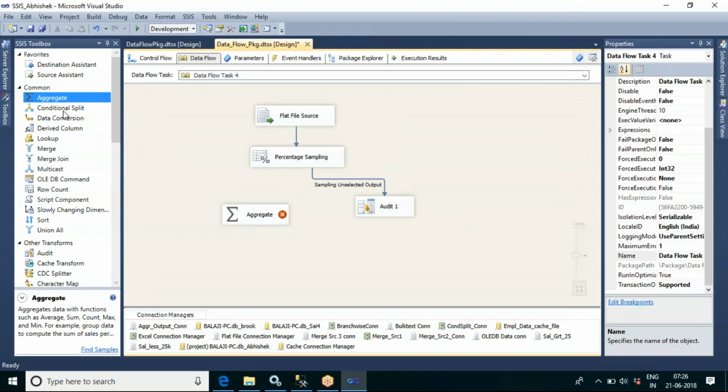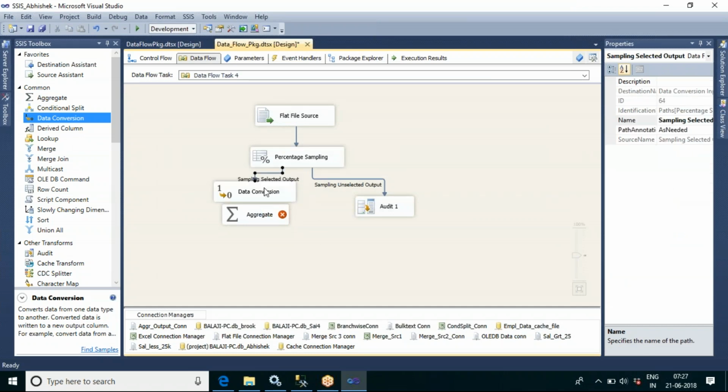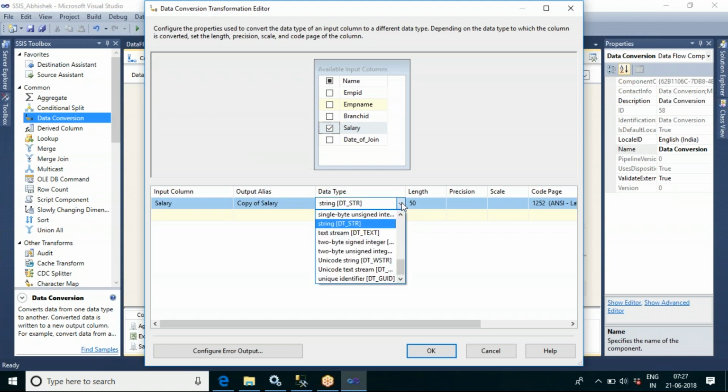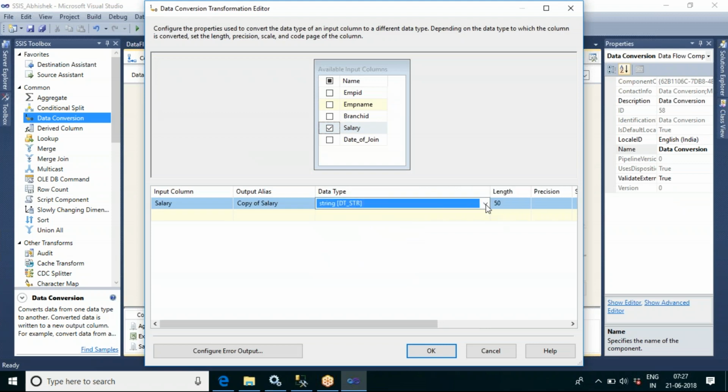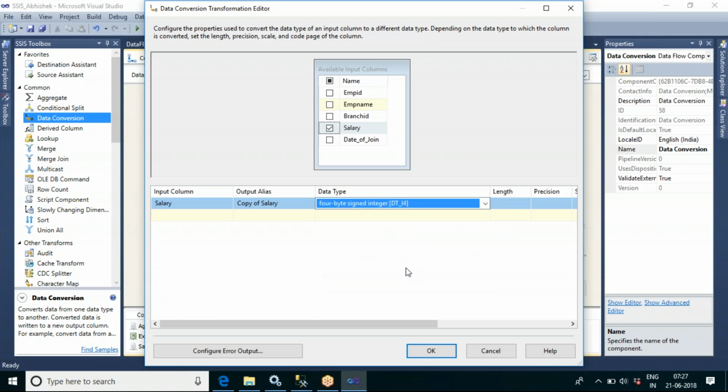If you want, you can apply the data conversion. Let me make it into a four-byte integer.